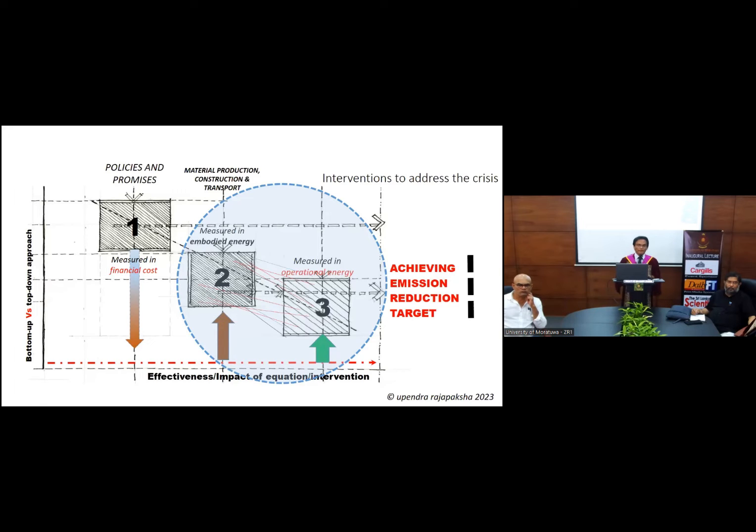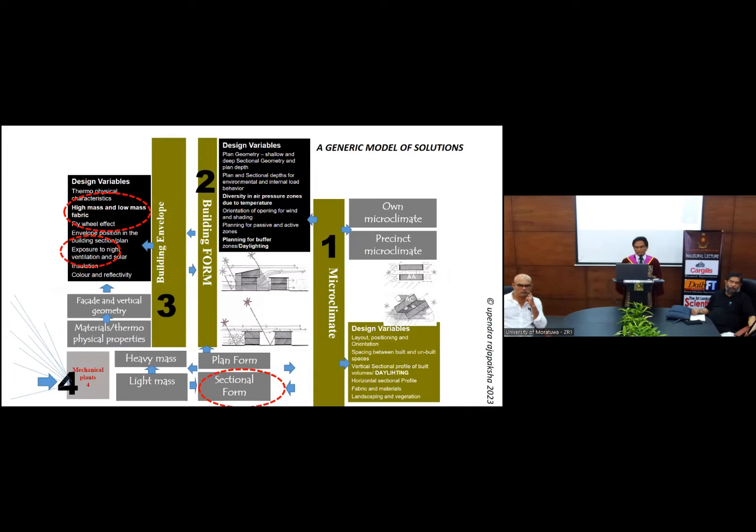So the next two steps, 2 and 3, is for that. Embodied energy component of a building and the operational energy component of building. My presentation is framed in the context of buildings, but it can apply to other areas as well. So this is the solution set that I am going to propose. In fact, this is my postdoctoral thesis, and I have developed that one after doing several research in Sri Lanka. So there are many solution sets that we can implement to fight the climate or to fight the negative effects of climate.